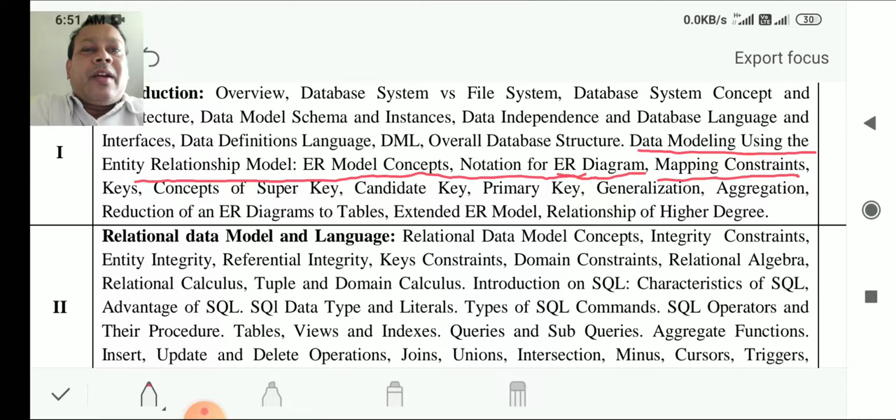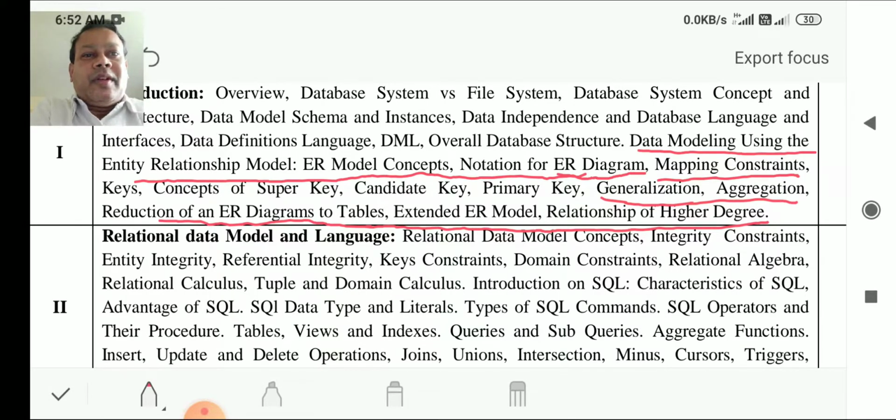Then we are going to see generalization, aggregation, and how we are going to reduce the ER diagram to the table. So ER diagram we made, then ultimately we are going to reduce into table. Extended ER model, relationship of higher degree. So this is all we are going to cover in your ER diagram.